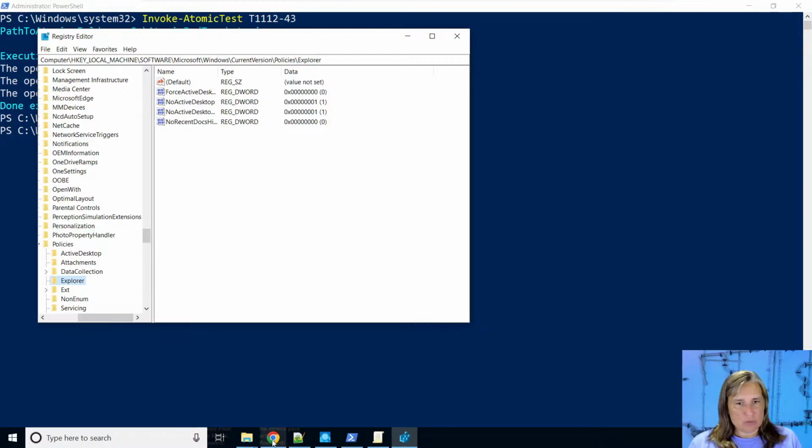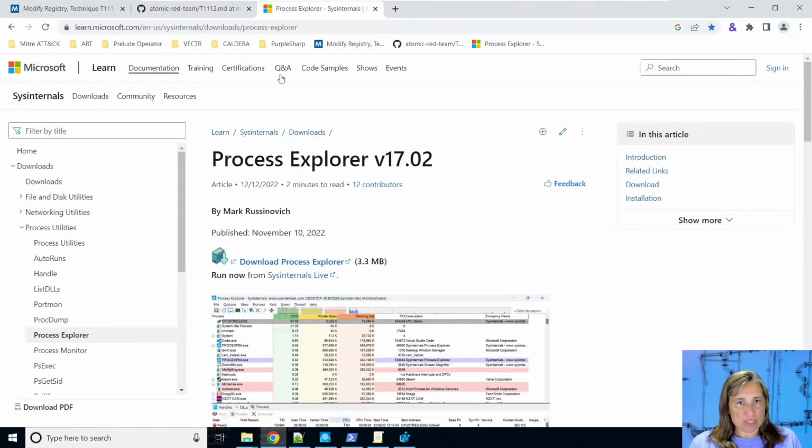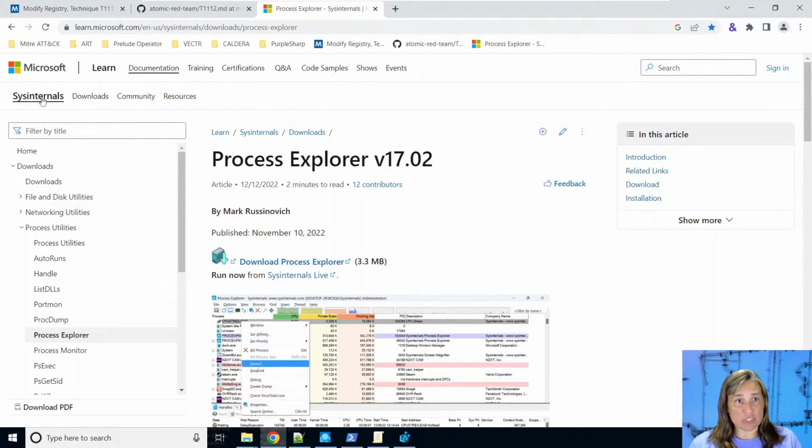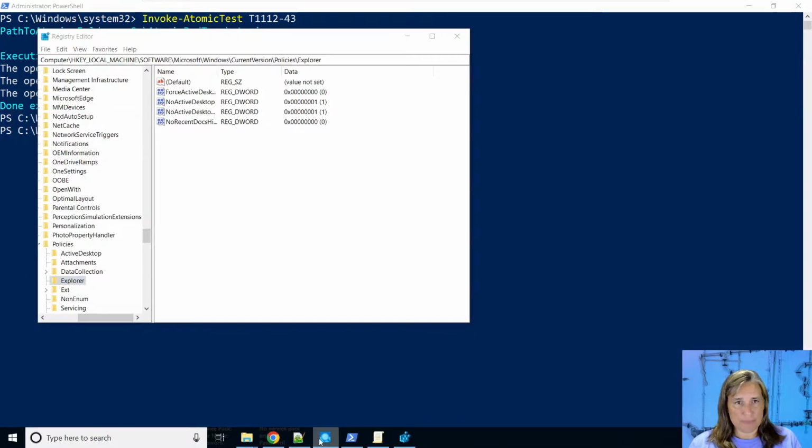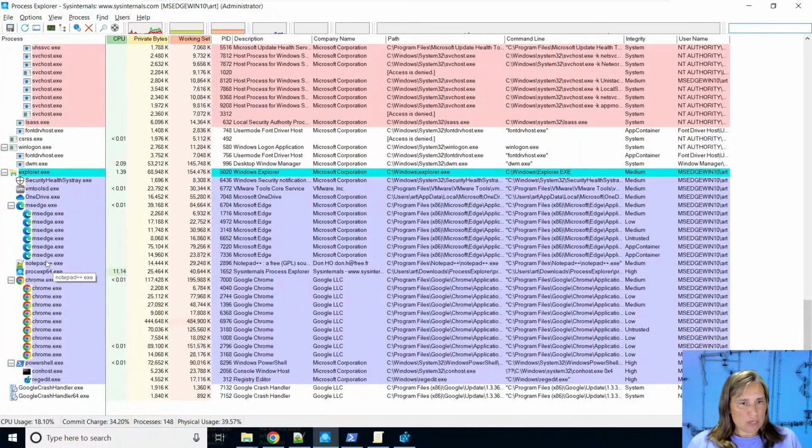To confirm this, we can use a tool called Process Explorer, a free tool from Microsoft Sysinternals Suite. A lot of great tools in here. I've already downloaded that and started it up here. So if we look at regedit.exe, we see that its parent process here is PowerShell.exe. The parent of PowerShell.exe is actually Explorer.exe, but we can only block things that are direct children of Explorer.exe, and since regedit in this case, when we typed it into PowerShell, got a parent of PowerShell.exe,